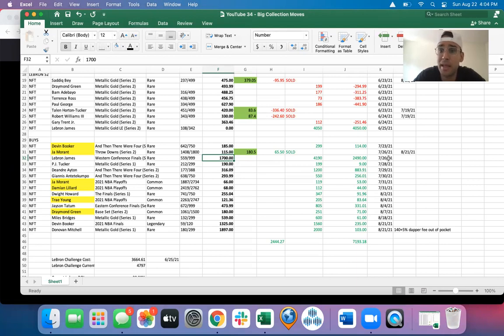I could have bought back in, and I probably should have, because look where it's at now. It's insane. But the reason I did it is because I believe in this LeBron moment long-term at a 999 mint count, where they're burning probably half of those moments. So it's going to be super rare. And it's just an epic